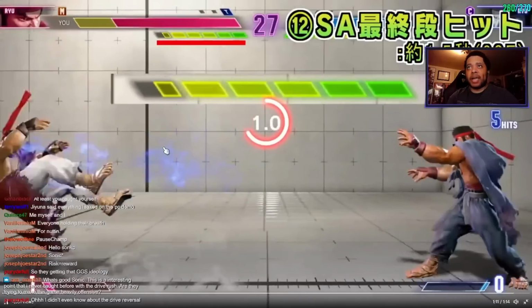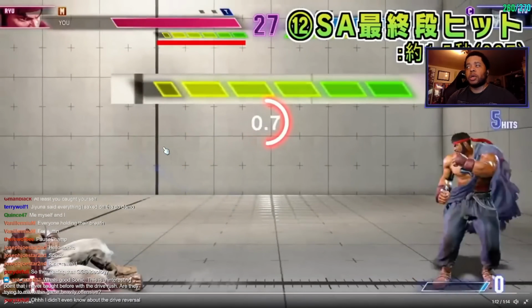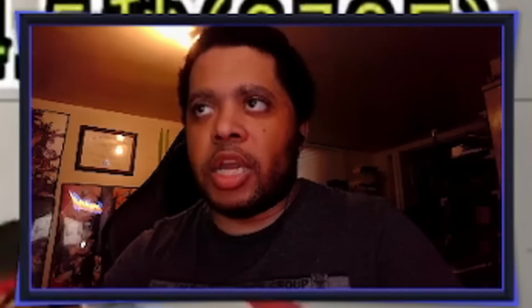And then if you get hit by a CA, you lose drive gauge, and just like getting punish countered, it will take 1.5 seconds before the drive gauge starts regenerating itself again. I know this may seem complicated, but what I'm explaining to you is the way the drive gauge works when regenning itself